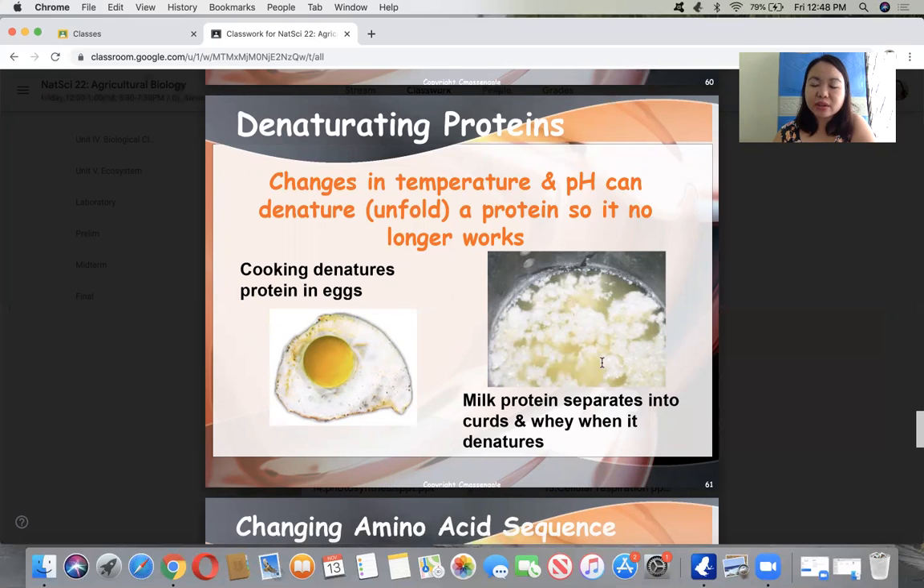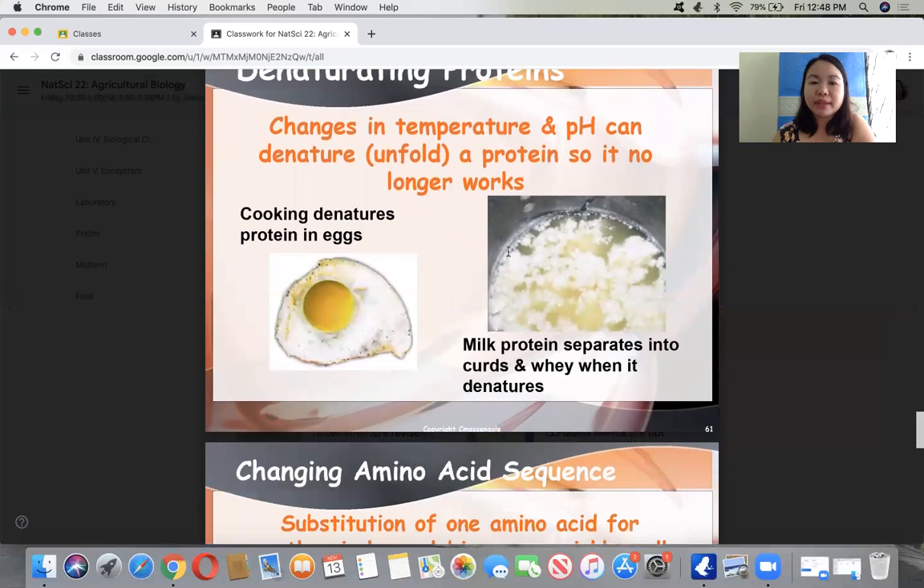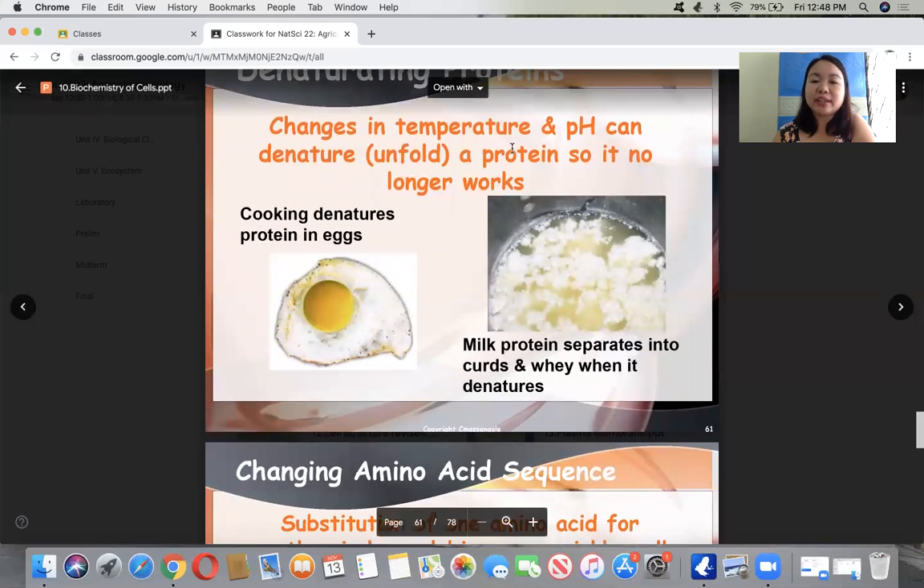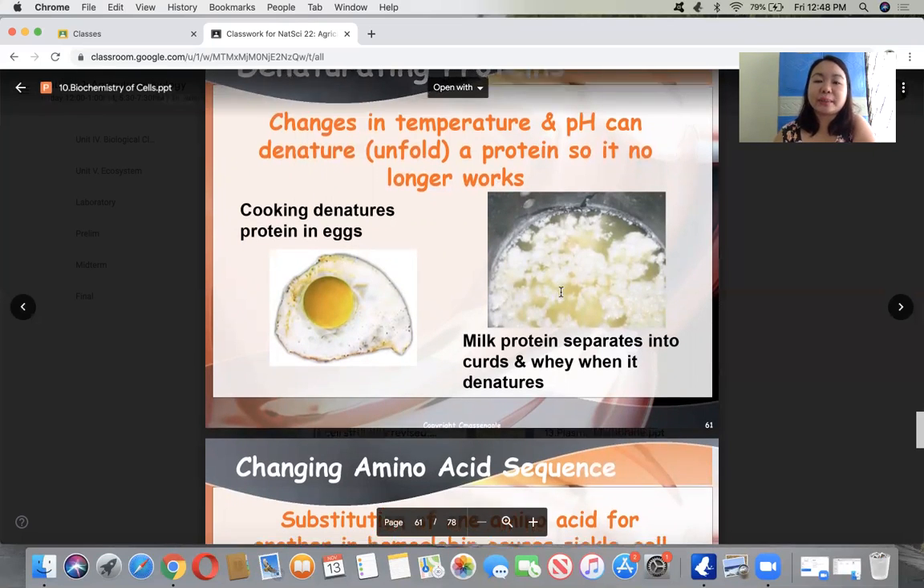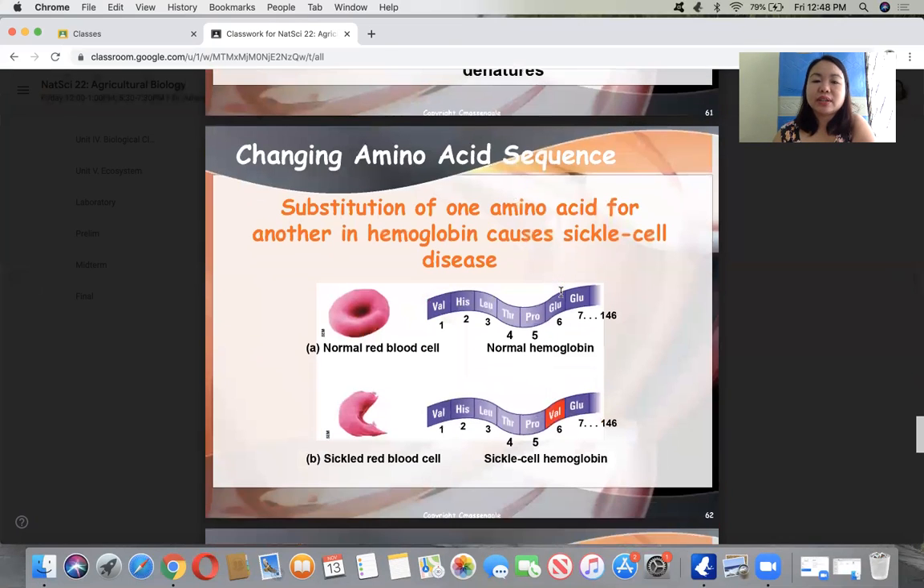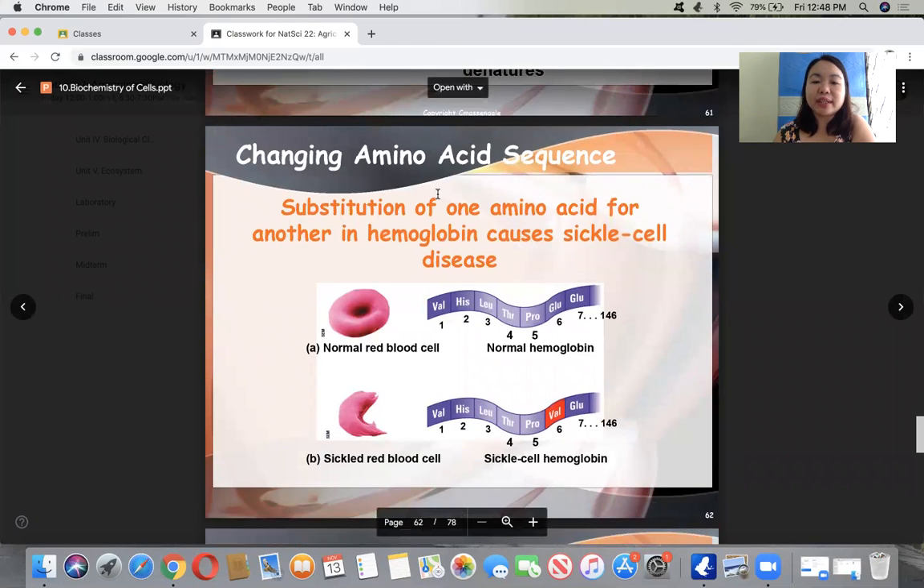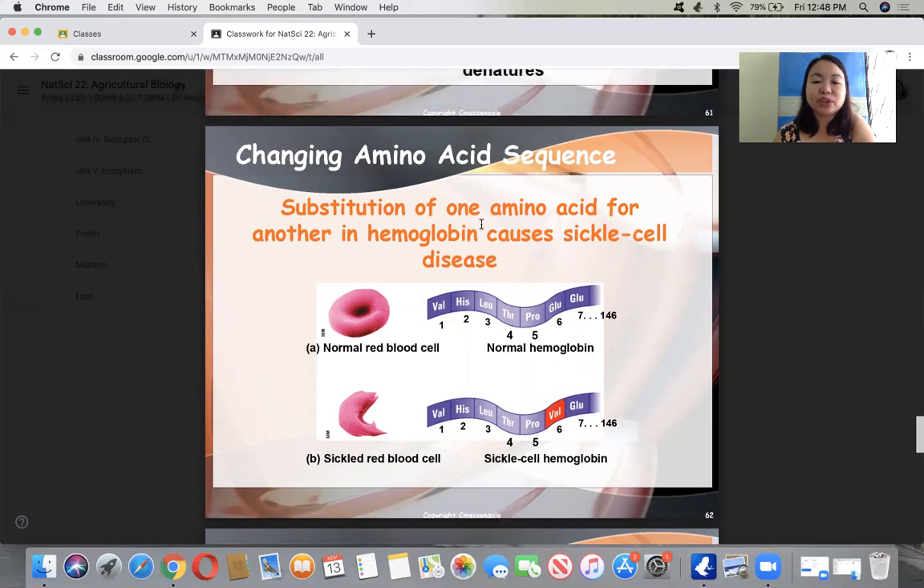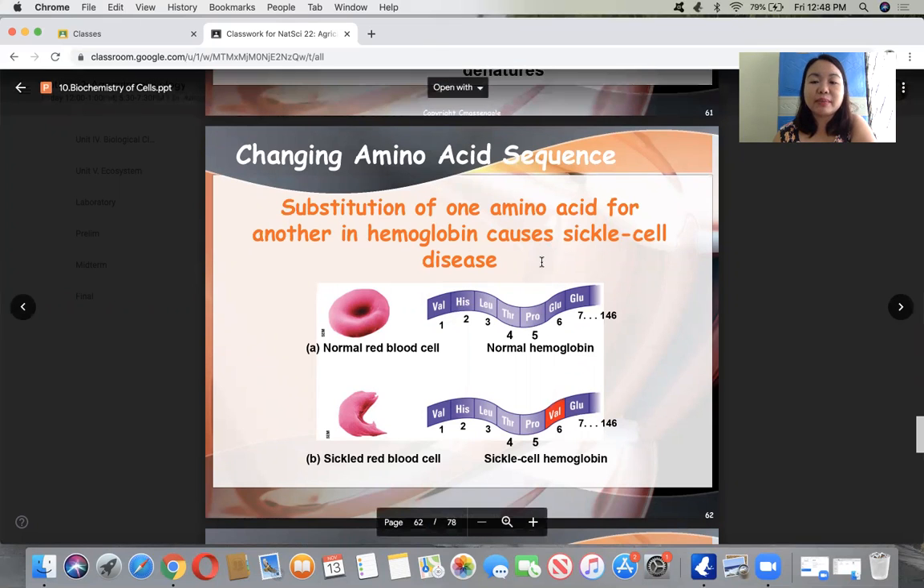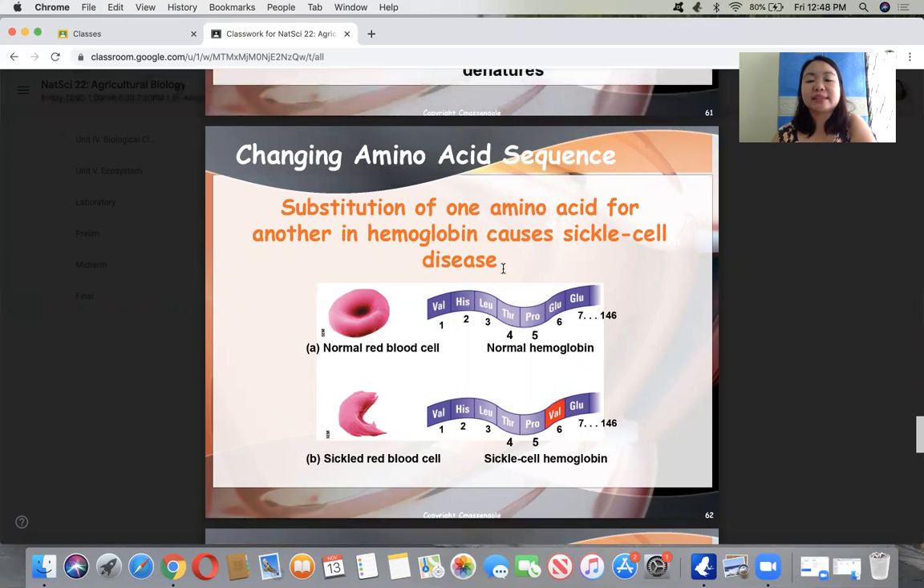So that also explains the process of why the milk protein separates into curds and whey as you make cheese, because it denatures at hot temperature and if the pH is changed. So changing the amino acid sequence requires substitution of one amino acid for another in hemoglobin, which causes sickle cell disease. So this one,